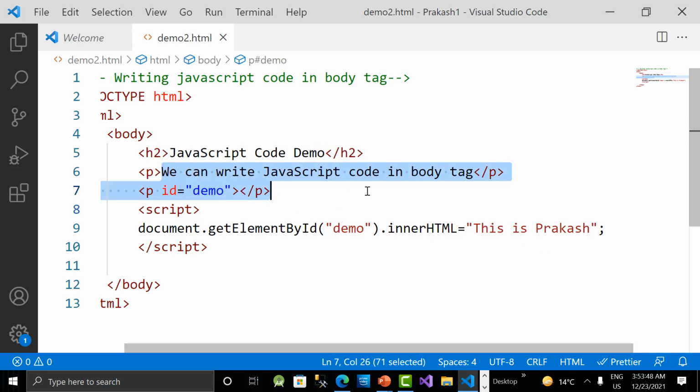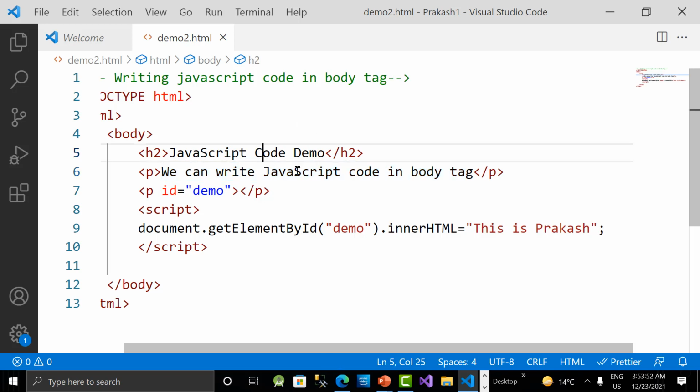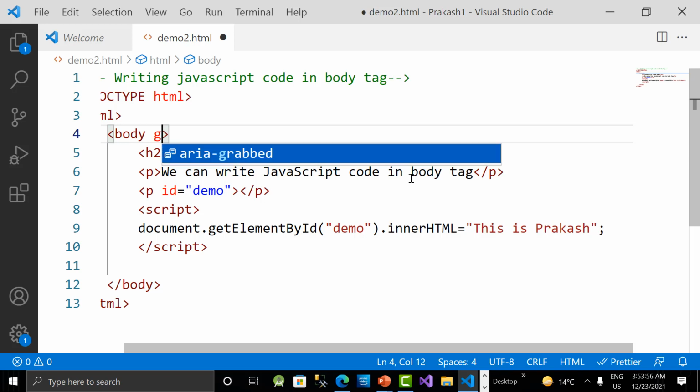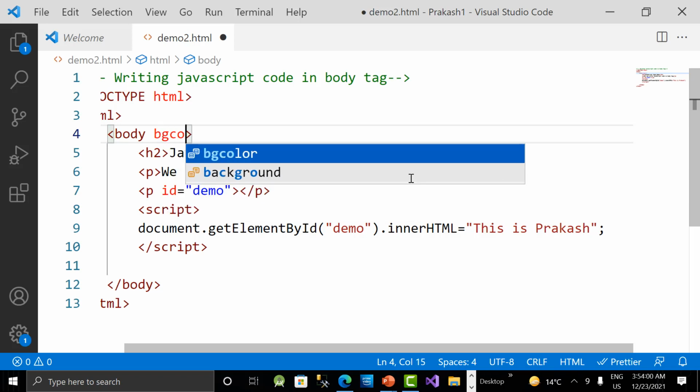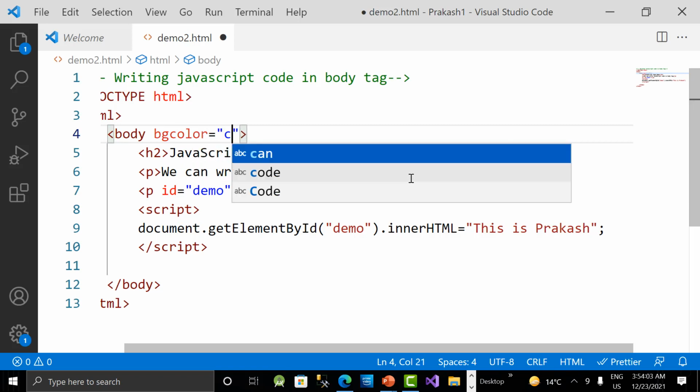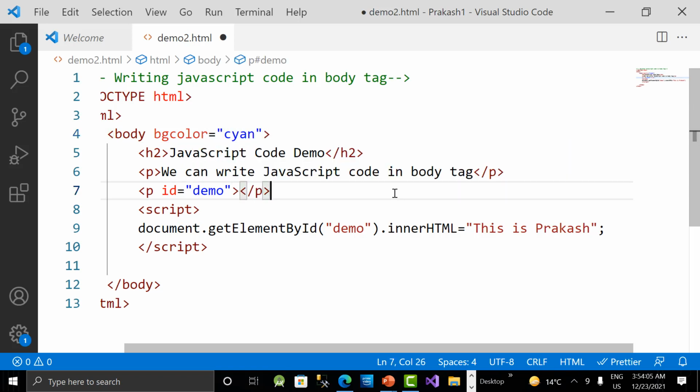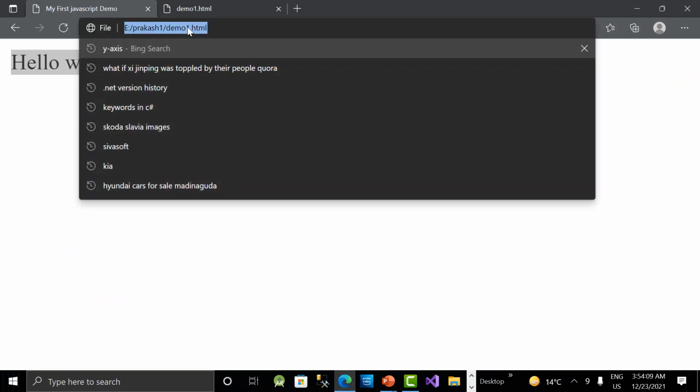The first paragraph is we can write JavaScript code in body tag as well, like that you'll get the message, and H2 will be heading, guys. If you want to give any background color, you can say body bgcolor is equal to, okay, give some color if you want to give. Okay, bgcolor is equal to cyan I'm giving. Okay, save it, guys, Control S, and now go back to the browser and type here something called